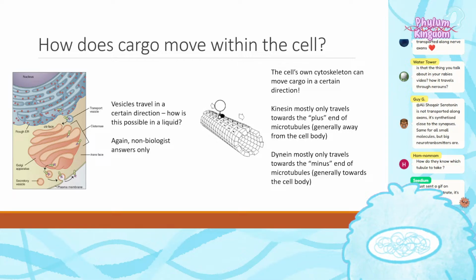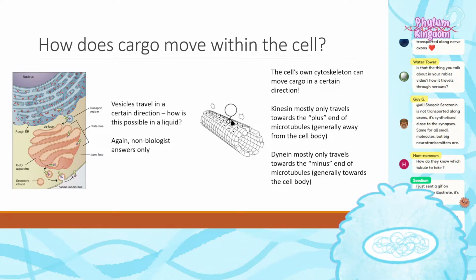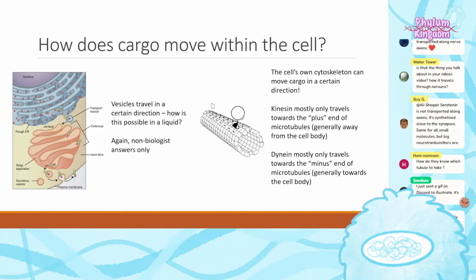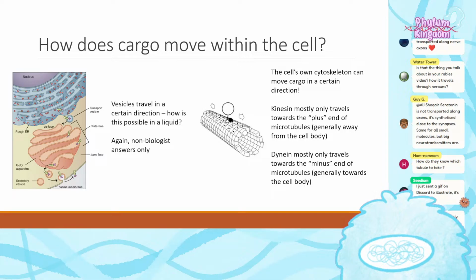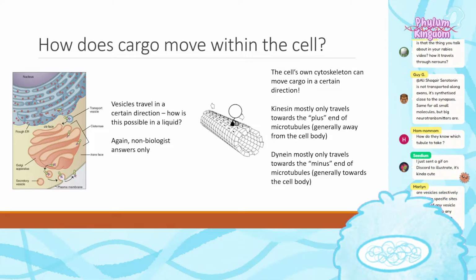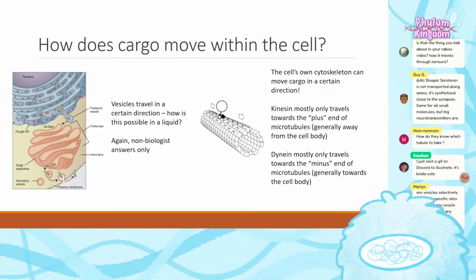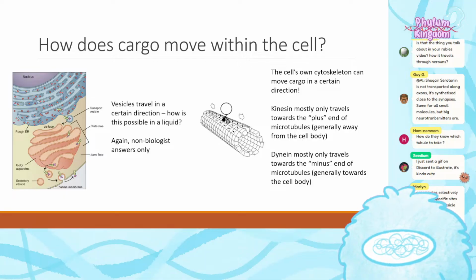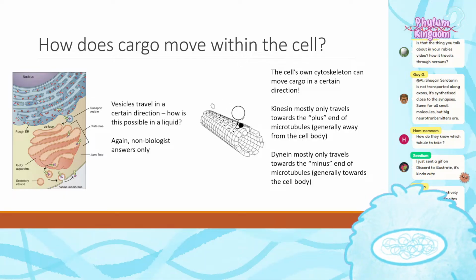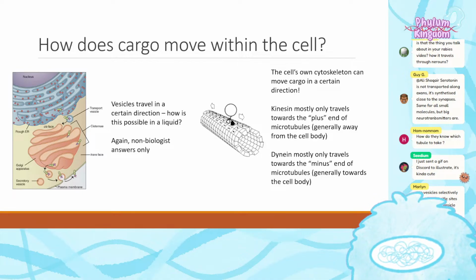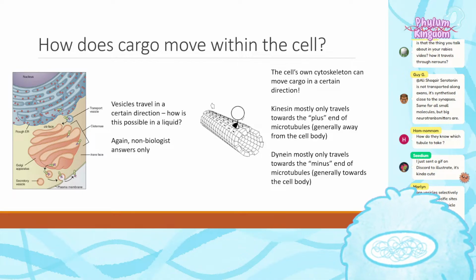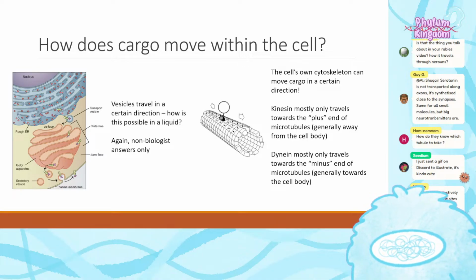How do they know which tubule to take? That is a great question, and it has to do with specificity of the binding of the heads of these proteins, I believe. It's been a while since I did Golgi stuff, but I think there's something on the outside of these vesicles that is specific for kinesin or dynein. And there are a couple of kinesins and a couple of dyneins, each of which do different things, so you get a little more resolution on what does what in that way.